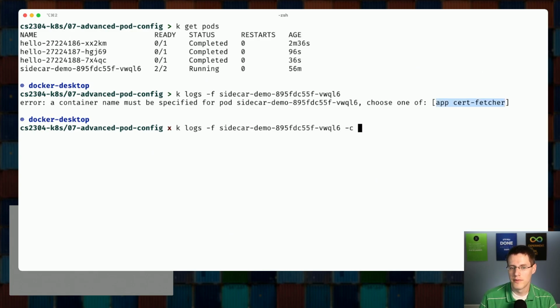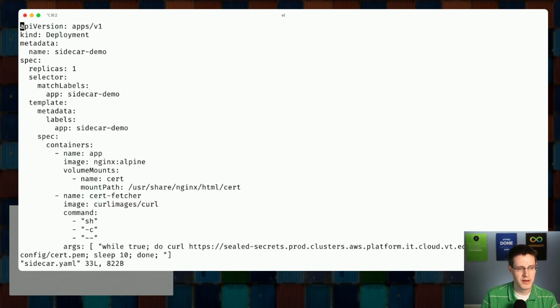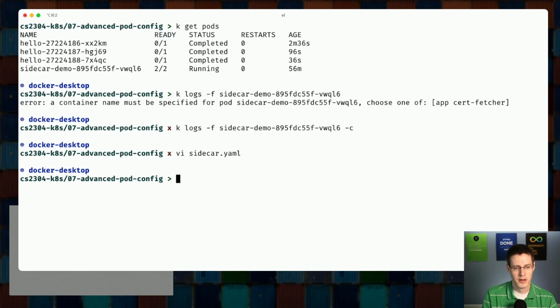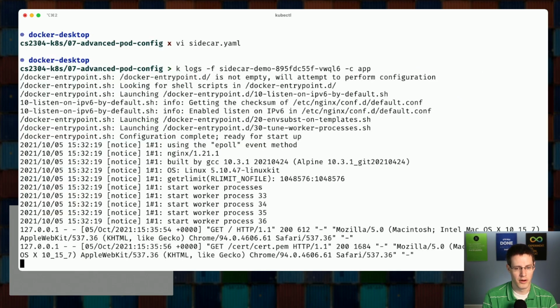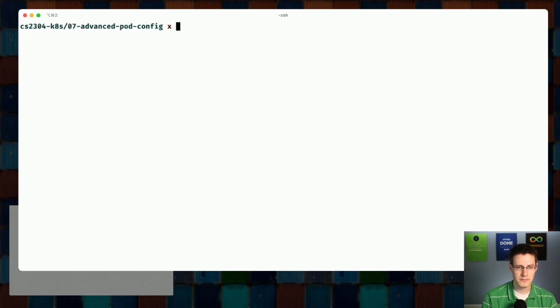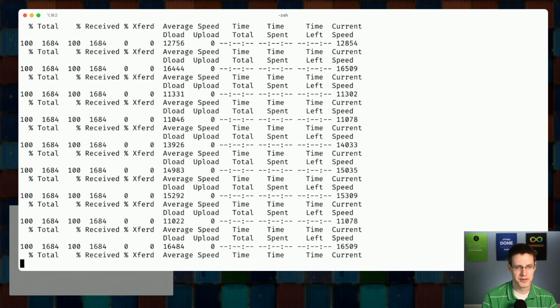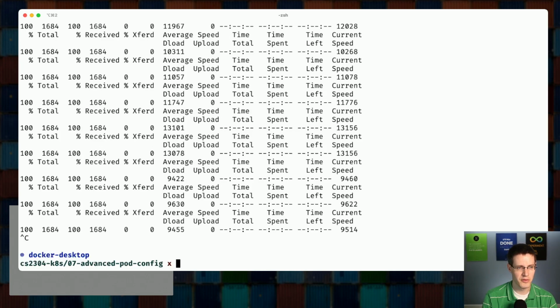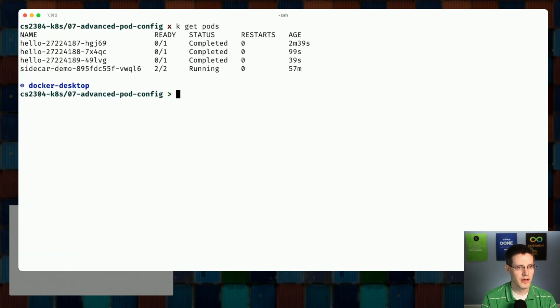And this is why the name field in the container spec matters. So the name in the containers, this is where that comes into play. Okay, so if I wanted to look at the app, there I go. And if I want to look at the cert fetcher, I'll probably see lots of curls going on because it's been running for a little while. All right, now if I port forward